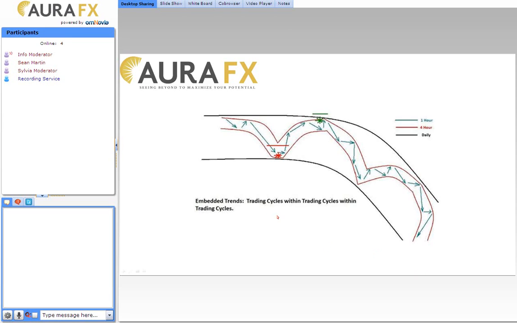I like to use 2 time frames, and I like to use anywhere between maybe a 4, 5, 6 to 1 ratio. Meaning if I'm trading on the hourly chart, I like to use the 4-hour chart to find some strong trending moves. If I'm trading on the 4-hour chart, I'll use the daily chart. I know it's 6 to 1, but those are the 2 more popular charting time frames in those segments, and I want to take advantage of that.